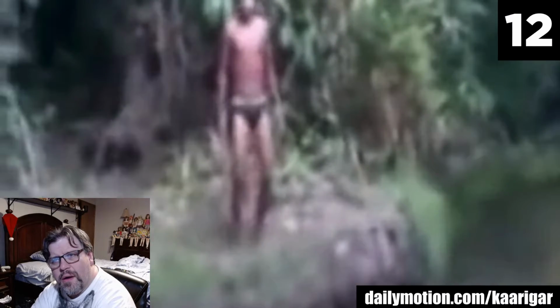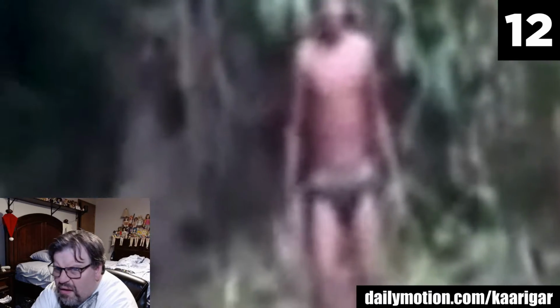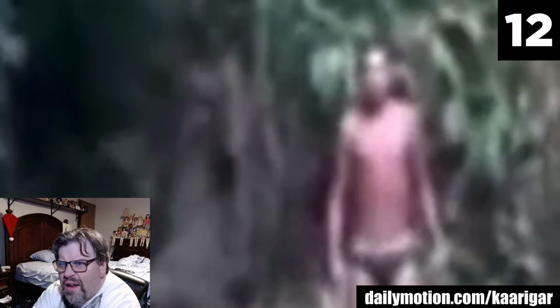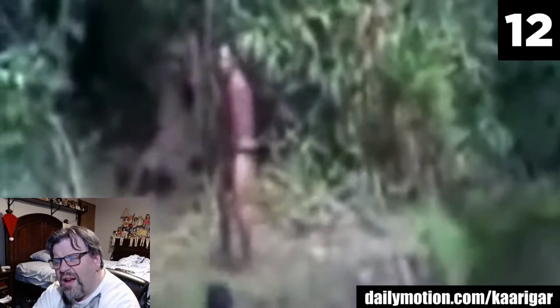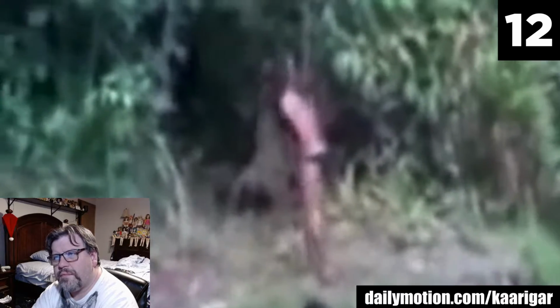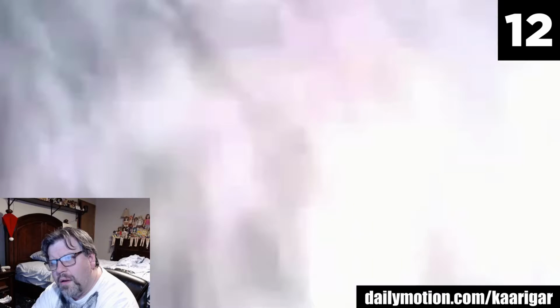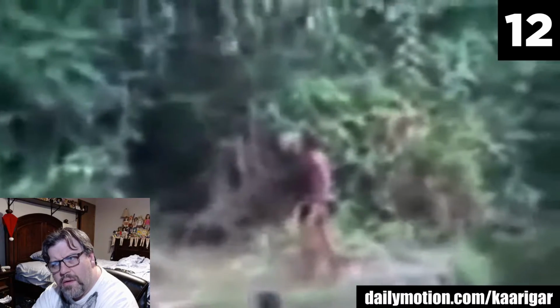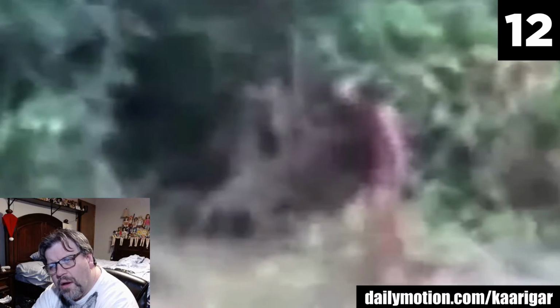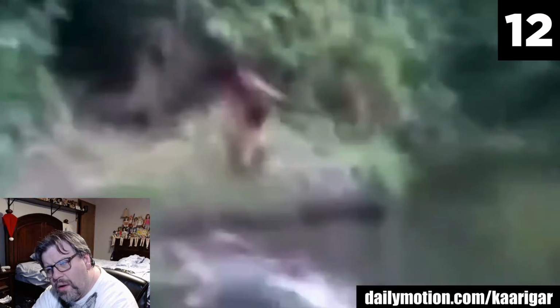It doesn't look like an animal, but it doesn't look like a human either. As the cameraman calls attention to the creature, the boys are all peering into the jungle, likely thinking that their friend is making things up, but then this races past. What is this mysterious figure? The cameraman doesn't stick around to find out, but who knows if his friends were able to scramble out of